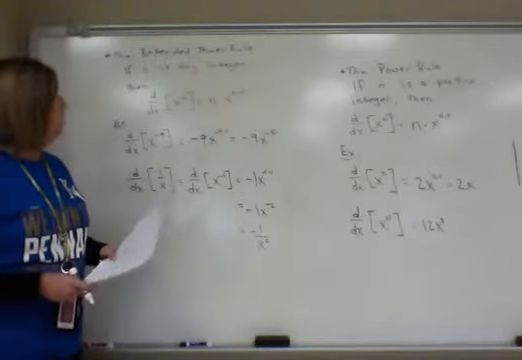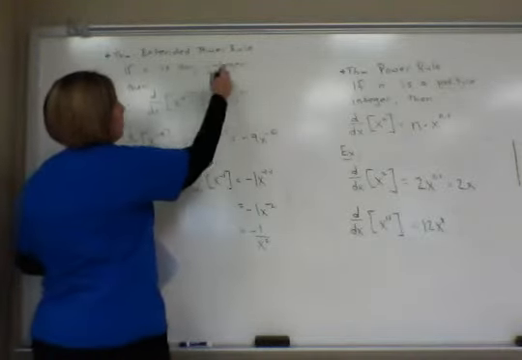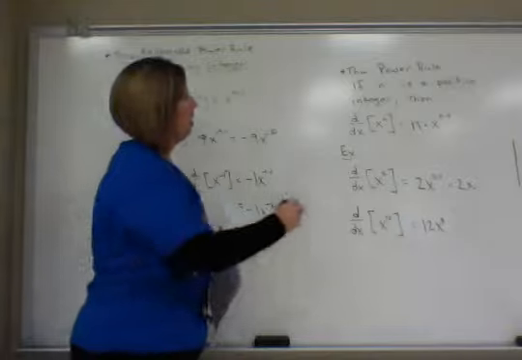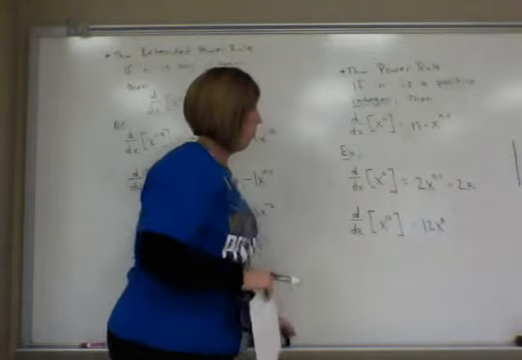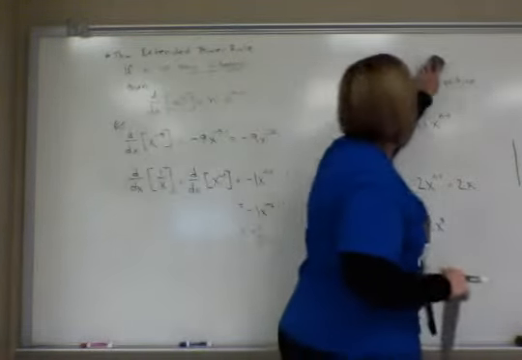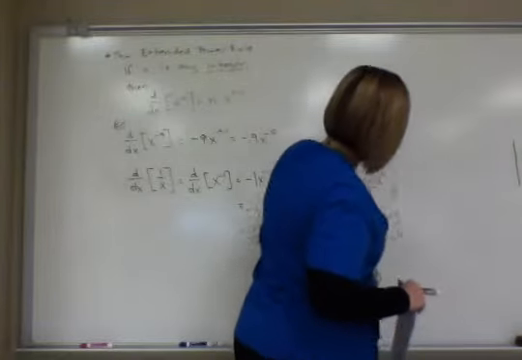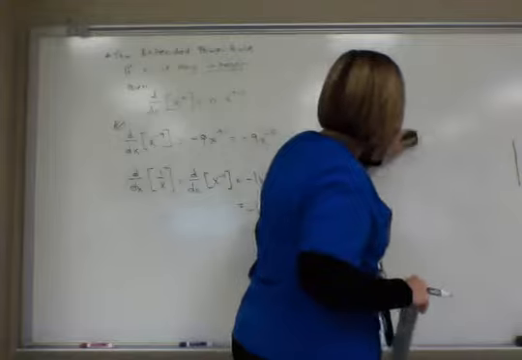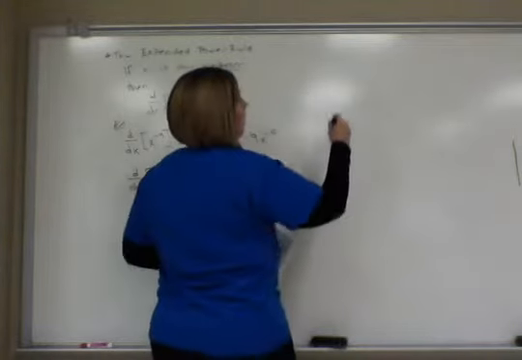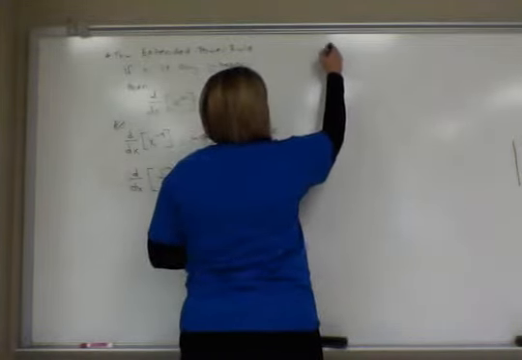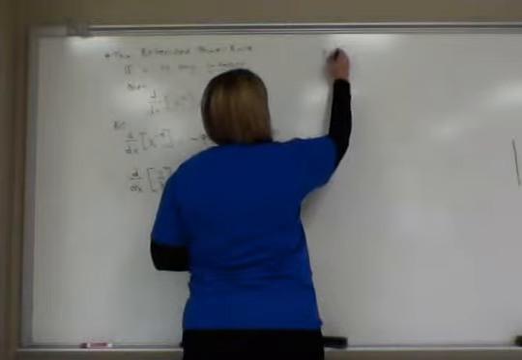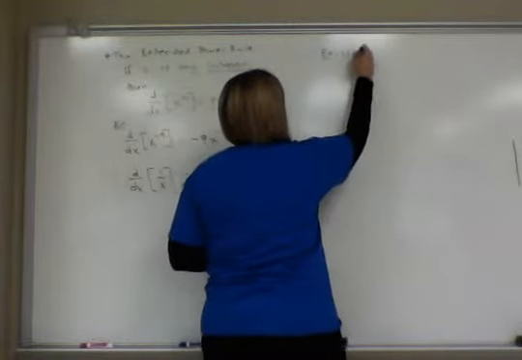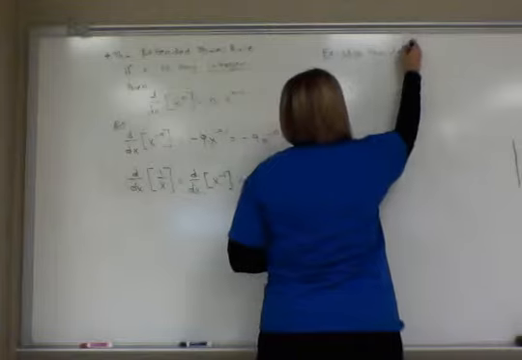Now, notice that this is only talking about integers in both cases. And integers we know are positive and negative whole numbers and 0. But this actually also works for other types of exponents. So let's do something first that we haven't done yet. We're going to use the definition of the derivative